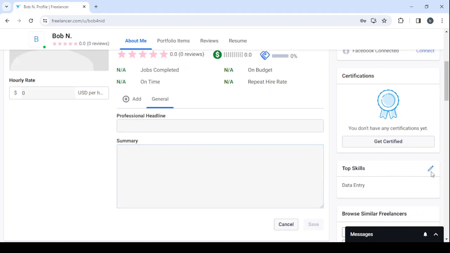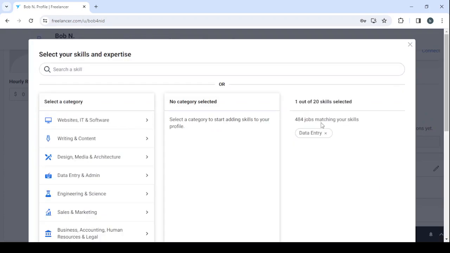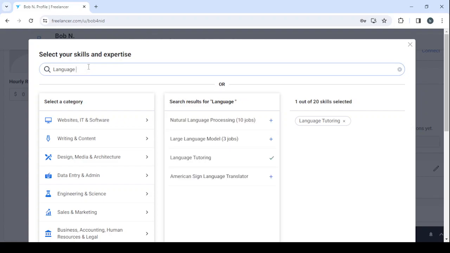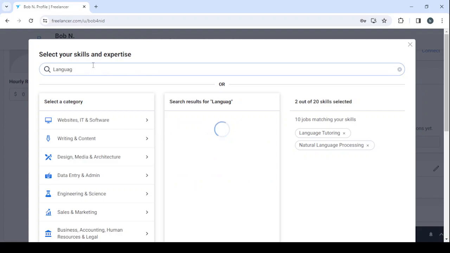After that, you proceed to enter your skills. So here you can enter your skill. You can enter up to 20 skills. So let's remove this first, and then let's select a skill or search for one. We have language tutoring, and we can go with language. Here you have natural language processing, language tutoring, large language model. We have natural language processing,